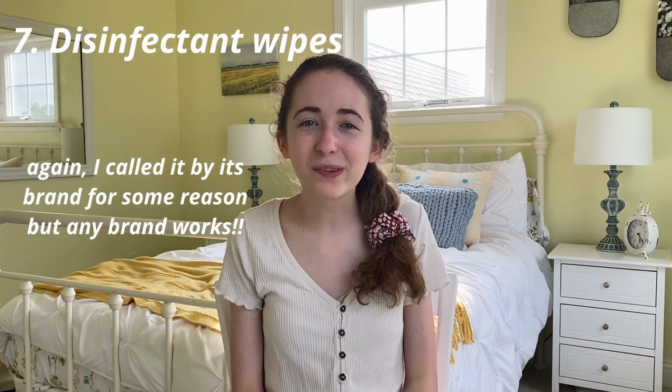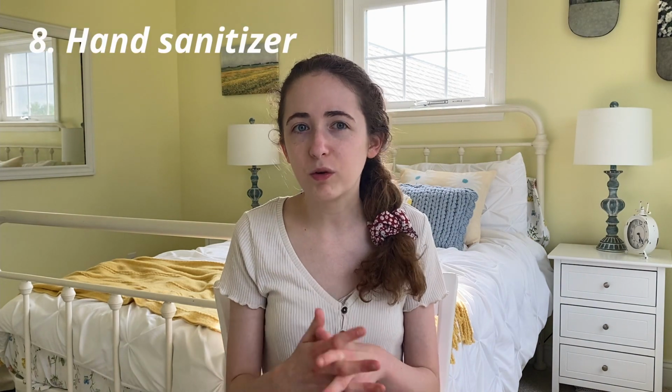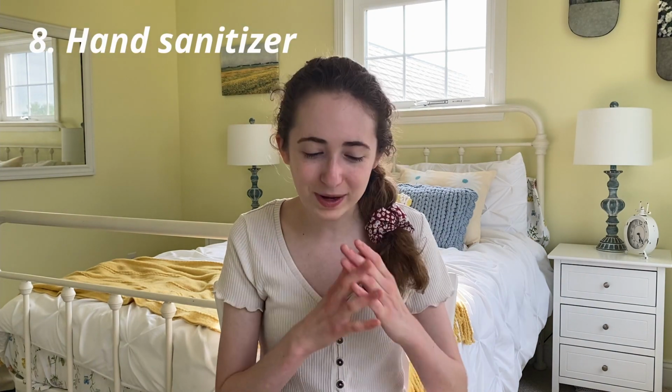Lysol wipes. This is probably because my first year of college was during the pandemic, but it was really nice to have Lysol wipes on hand to wipe down my desks and stuff. Likewise, hand sanitizer. Each time you get into your room, it just feels good to use hand sanitizer, at least it did for me. Sunscreen, if you're in an area that's sunny, is always really good to have on hand,